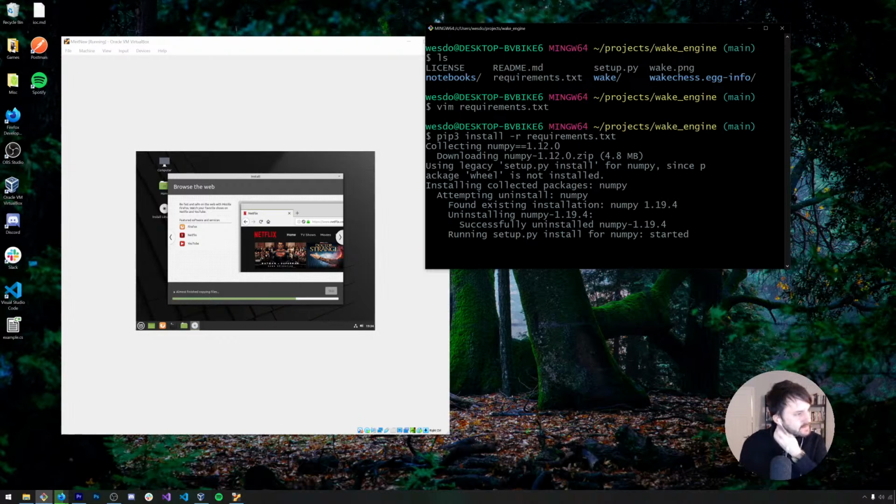So the forum that I read said that 1.19.3 forward was compatible with Windows, but I found that not to be the case, at least on my machine.